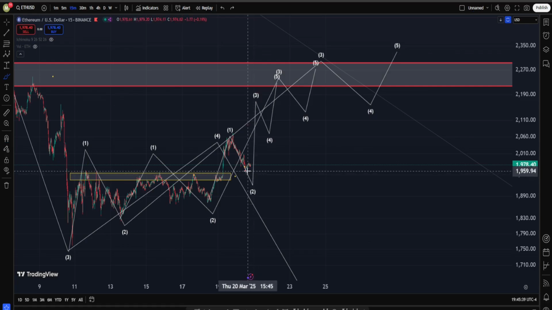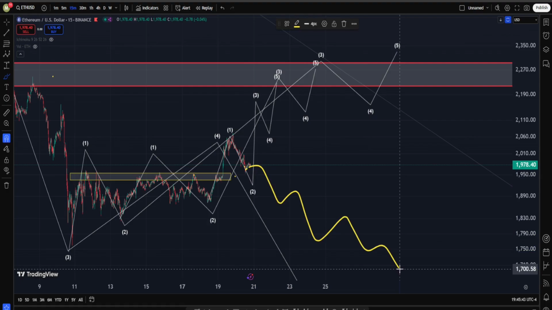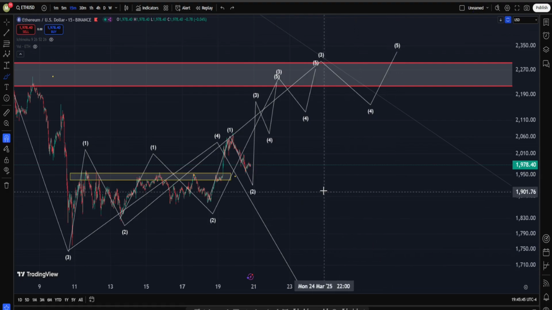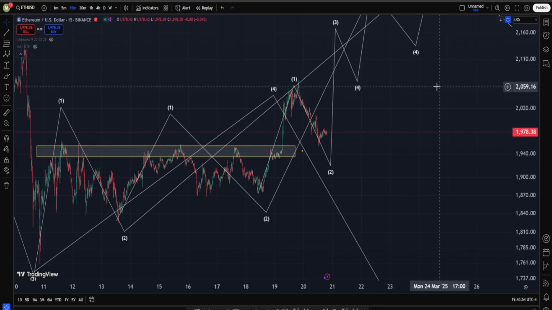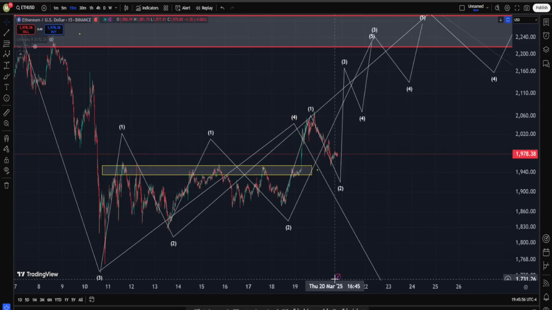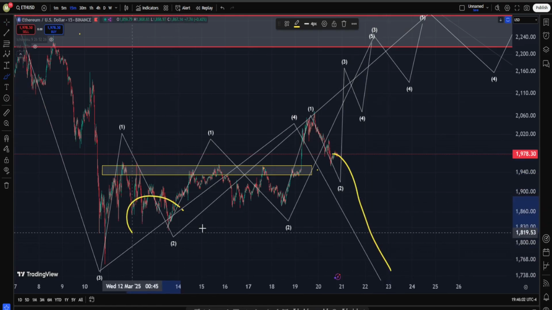But do not get me wrong, in the current area, any kind of move down in ETH for me is going to be a fantastic buy, and probably, if I see the right setup, long opportunity. So if you want to be bullish in Ethereum, you need to see a very strong move in order to continue this uptrend, and you just do not want to see a move down, which in it, for example, we're going to take this low.